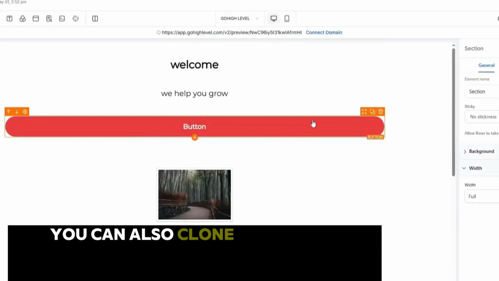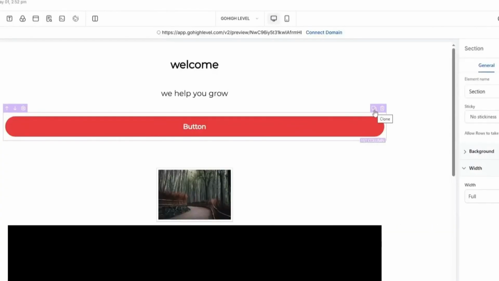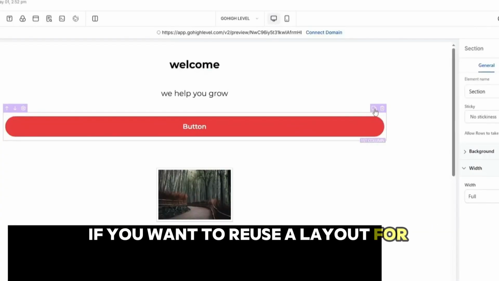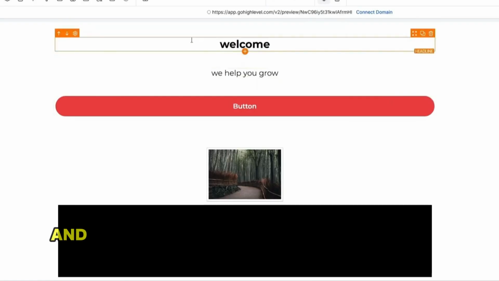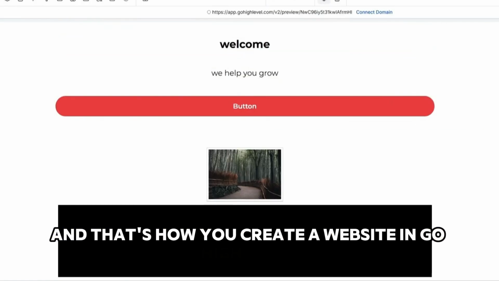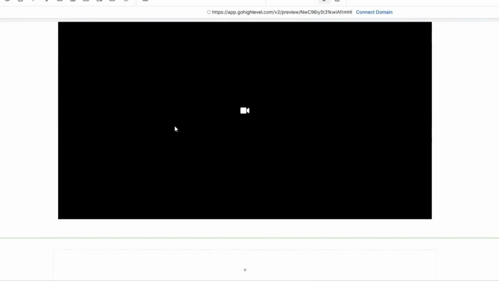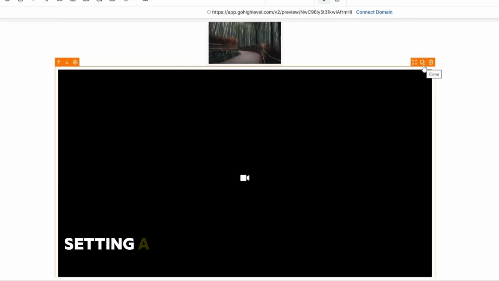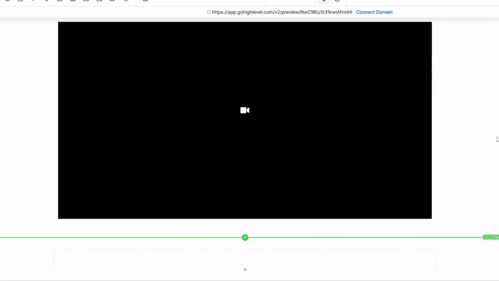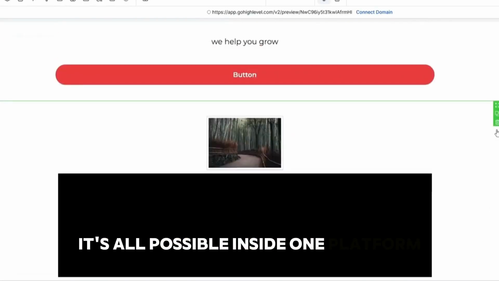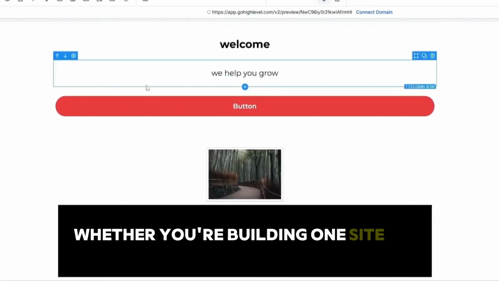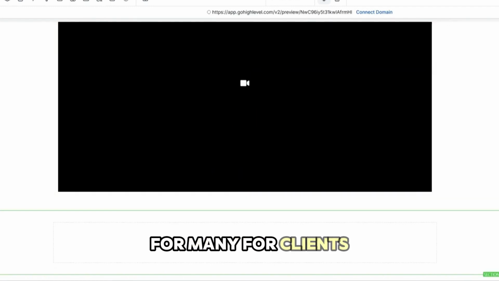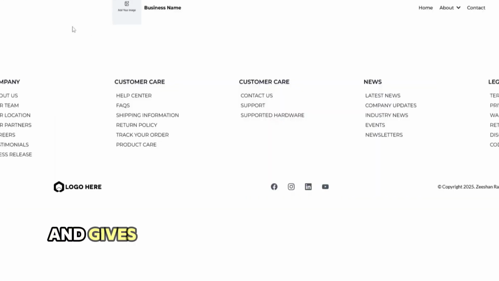You can also clone websites inside GoHighLevel, helpful if you want to reuse a layout for another client or project. And that's how you create a website in GoHighLevel, from choosing your layout, adding content, linking pages, previewing for mobile, setting a custom domain, and going live. It's all possible inside one platform. Whether you're building one site for yourself or many for clients, this process saves time and gives you full control